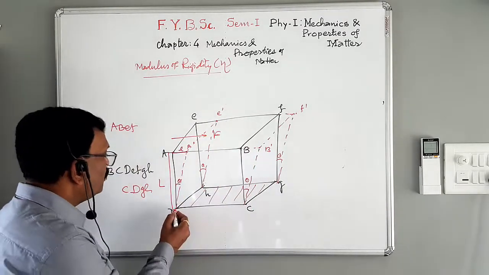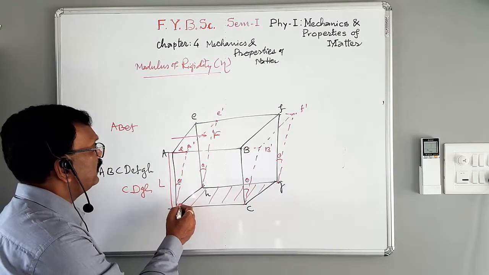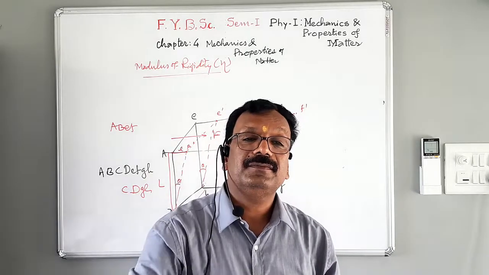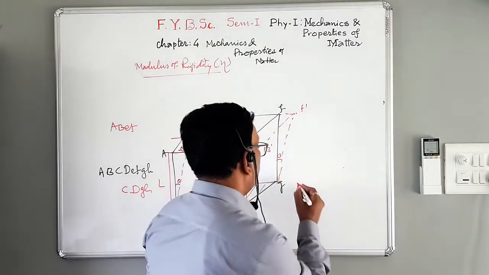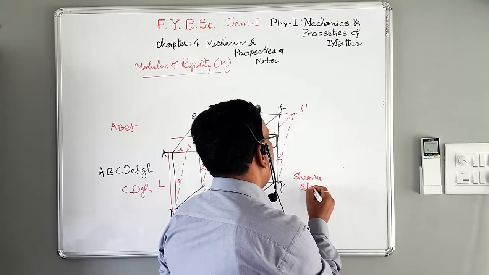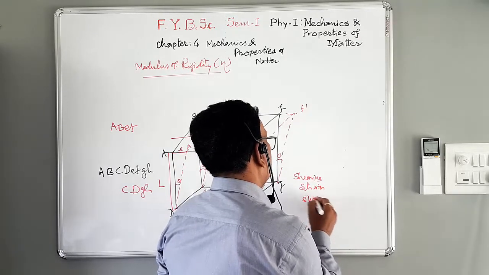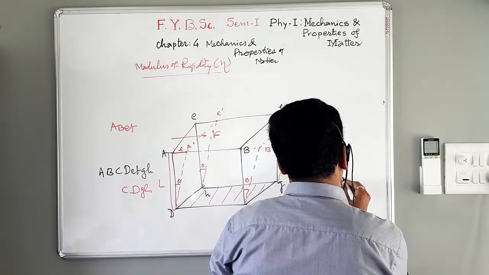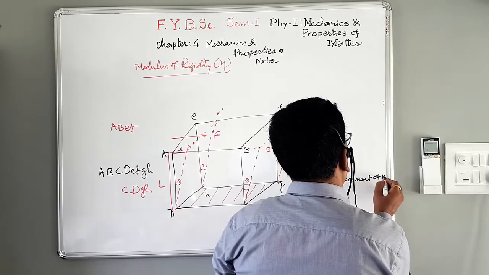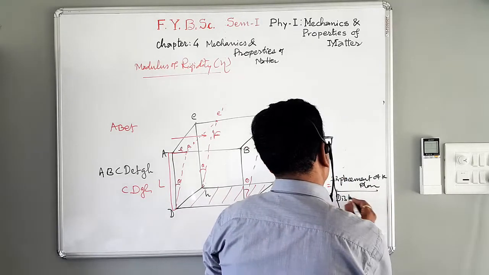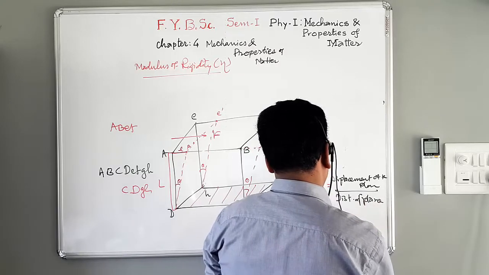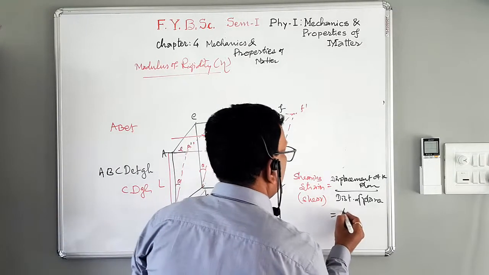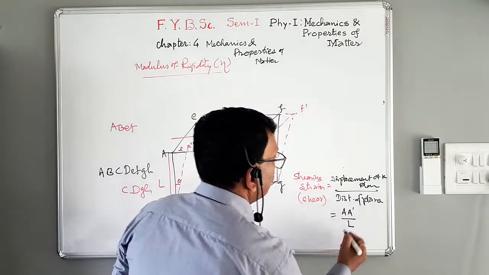That means, as we move towards the length, if the length from the base fixed surface goes on increasing, then the displacement of the layers also goes on increasing, and therefore we can define strain. What is shearing strain? Shearing strain, or simply shear, is equal to the displacement of the plane to the distance of the plane. Suppose the displacement is A prime,